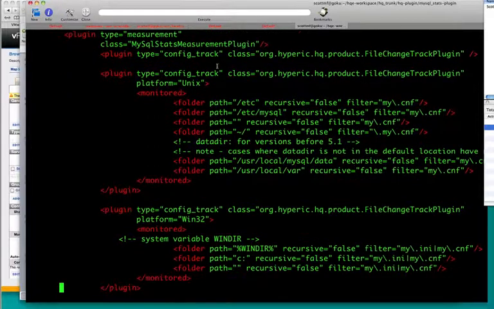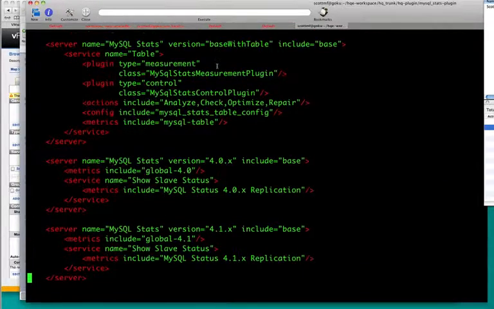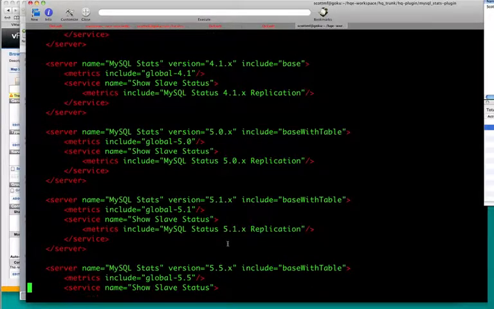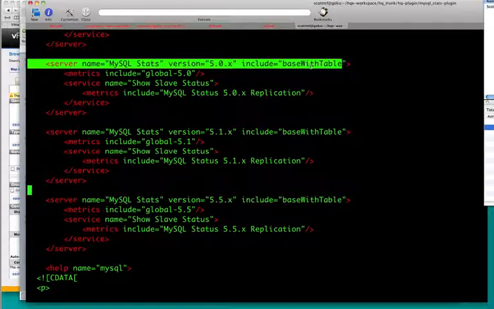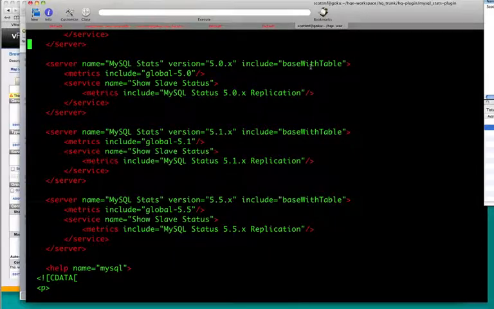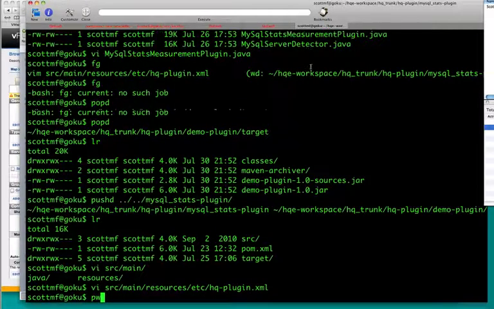So if we go down to another server declaration, we'll see these versions. So 4.0.x, and I include base. So, in all these versions, I include the base functionality. And in other versions, it gets slightly different. I include base with table. But when you actually create this server, you need to set up the version in order for it to act properly. So if we look at the source,